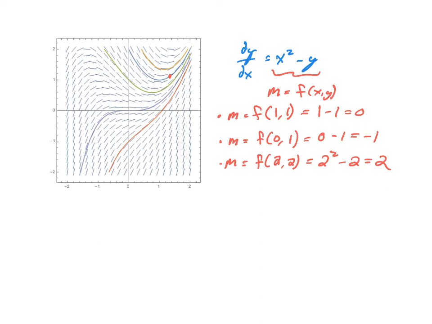If I go to 0 comma 1, which is about here, you can see the slope is going down. It's negative 1. And if I put in the point 2 comma 2, which if I follow that through goes from 2 all the way up to 2, so it's this one at the very tip, you'll see that that one has slope that's twice as big as, say, this one. And this one, of course, is slope negative 1. So it's right about there. So you can basically just pick points randomly to fill out the actual entire graph. That's what this does.